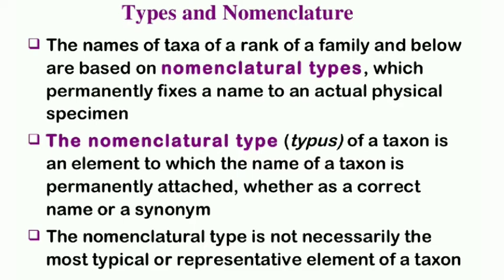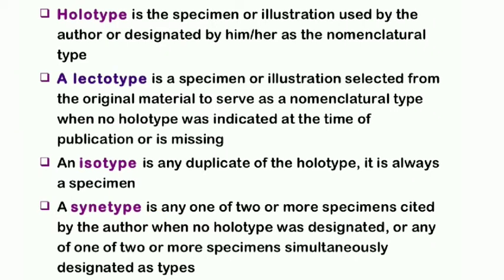Okay. Here the nomenclatural type is not necessarily the most typical or representative element of a taxon. It may be the exact name, it may be a similar name or synonym, etc. Any name can be given to that specimen. Okay. That is what we call a nomenclatural type. There are many types in a nomenclatural type, based on whether it is the original, a duplicate, or a similar copy of that specimen, right. We shall see what those types are.